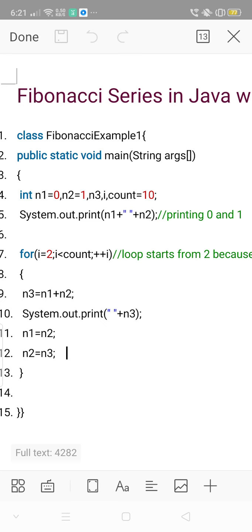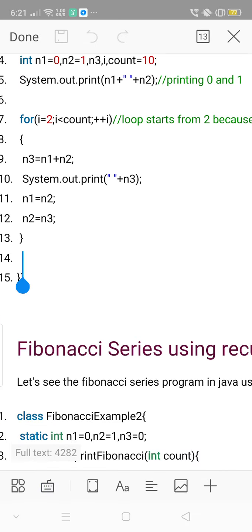That means this line will print a space and then the third number. And next line n1 is equal to n2 and n2 is equal to n3. What it means is the second term becomes the first term and the third term becomes the second term. Likewise, every time the terms change, so that the series can go on.